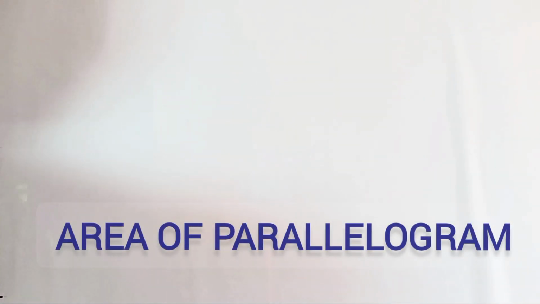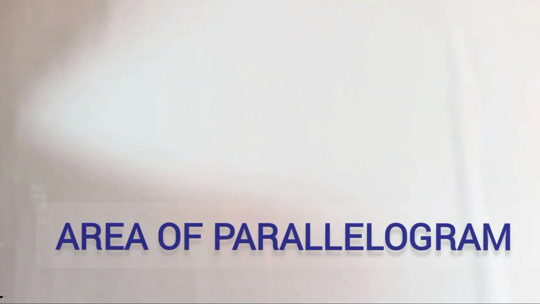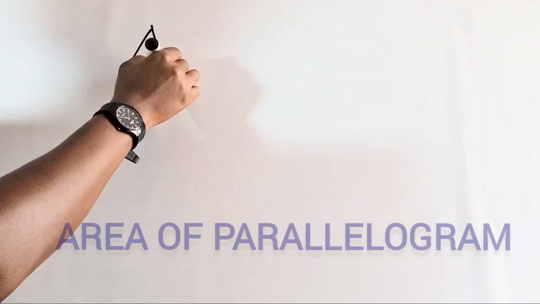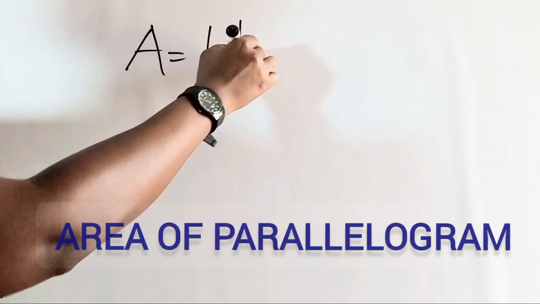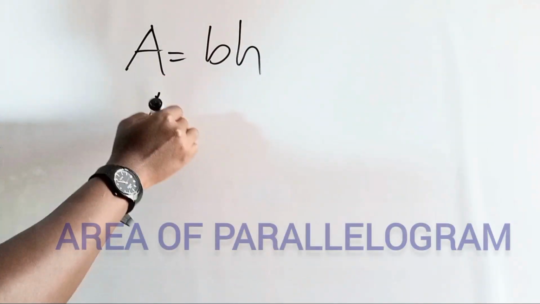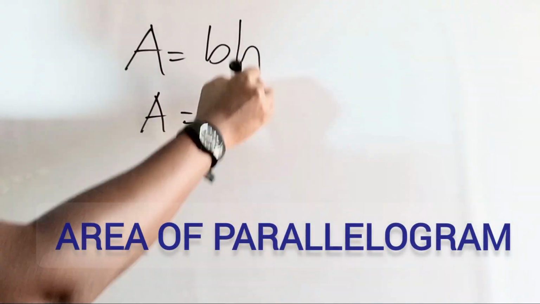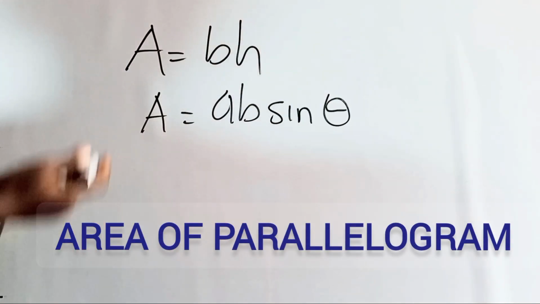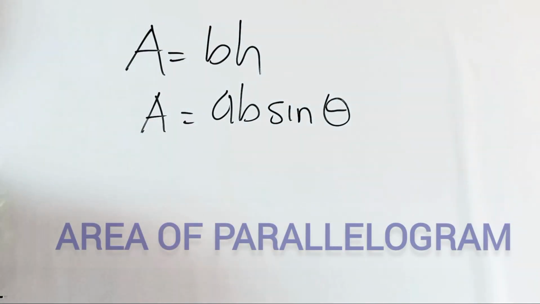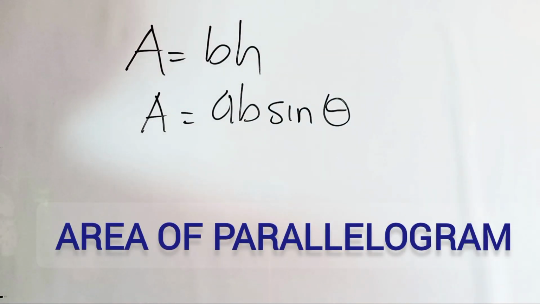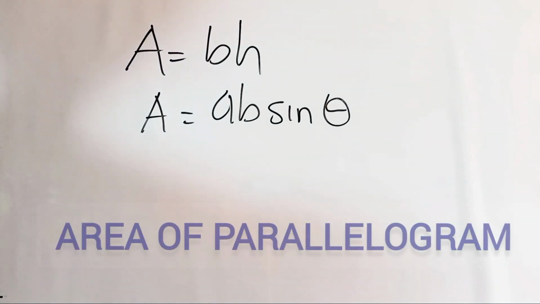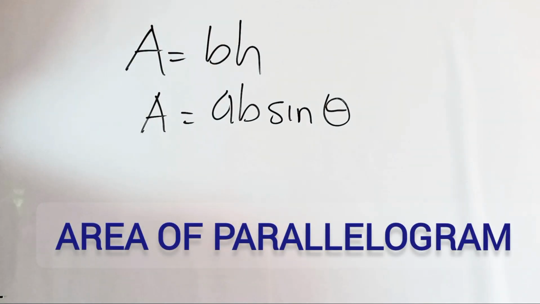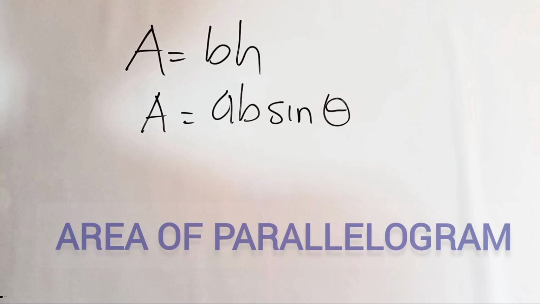Hello and welcome. To find the area of a parallelogram, there are two formulas you can use. You have area equals base times height, or area equals AB sine theta. The formula to use at any given time depends on the nature of the question. In this video, I will be showing you how to use each of these formulas to solve for the